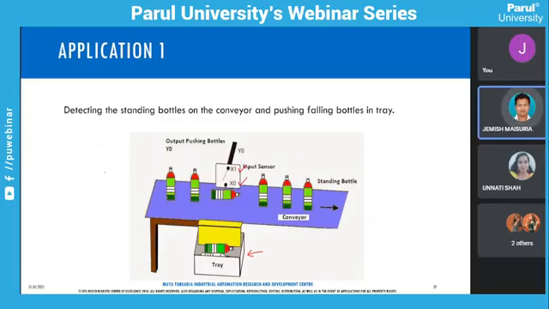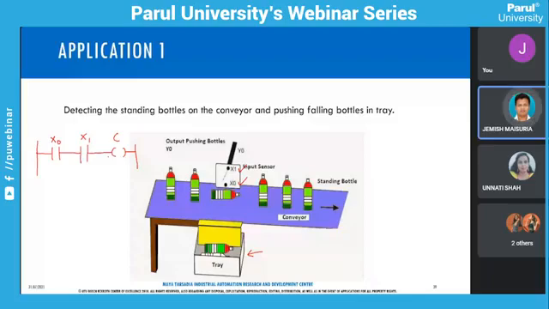If you want this type of mechanism, then you have to sense X0. X0 is nothing but one of our inputs, so we are representing it by this switch. If X0 is detected, and again if X1 is detected, then you have to start the conveyor belt. This is the output for the conveyor belt. So when X1 and X2 both are detected, your conveyor belt should start, and it will move continuously.